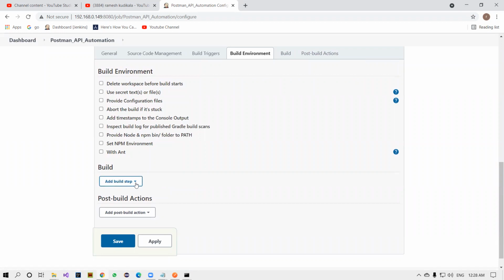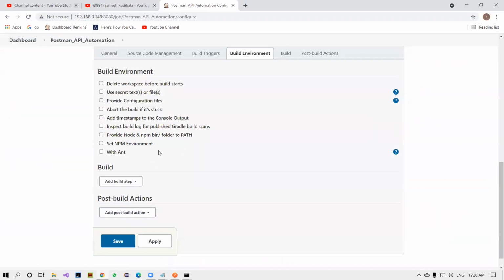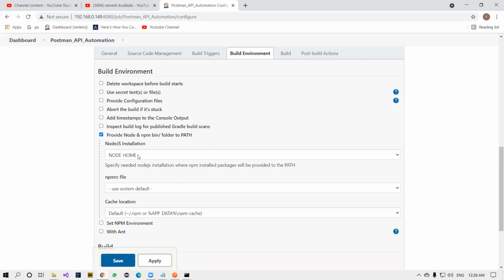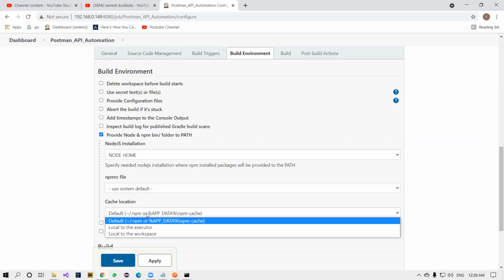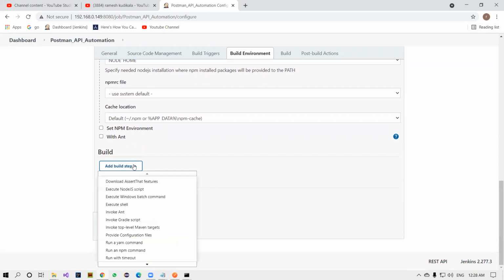But before that, I have to set the Node.js path here. There is the option to provide node and npm bin folder. You have to select this. And here node underscore home is automatically taken from the global tool configuration. No need to select anything else here. Forget about these things.